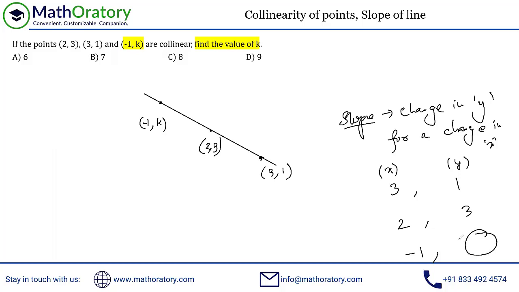So this is unknown to us. Now, just check this out. When the x value is decreasing by 1 from 3 to 2, the y value is increasing by 2, right? So here, the x value has decreased by 3, 2 to -1. So from here to here, the y value, just take a minute to understand, -1 plus 2 minus 3, this should be plus 6, right? So 3 plus 6, this should be 9. So the value of k is 9.